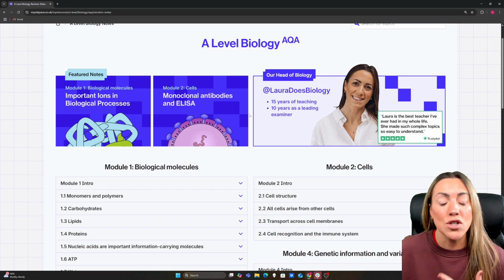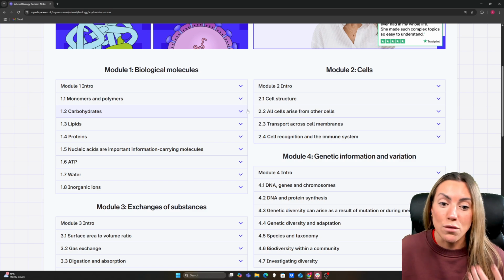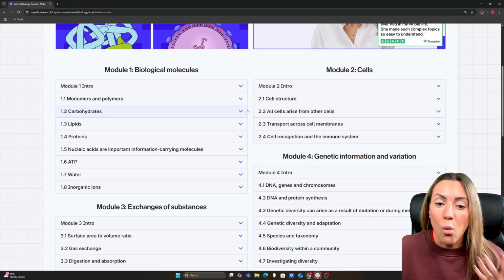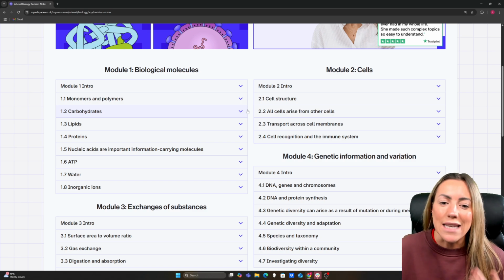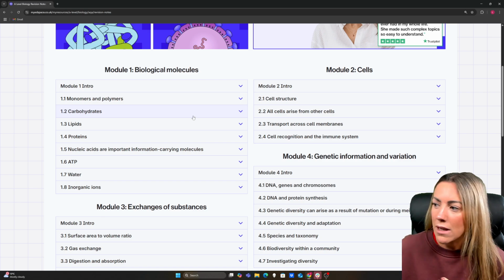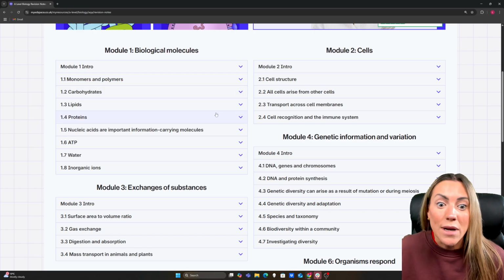Now we have made study notes for every single section of the AQA A-level biology specification. It follows the AQA specification in the right order. Many of these will also be useful for OCR because obviously a lot of the content is the same. So you are welcome to use them as well, but the order of the study notes is following the AQA spec. Now you'll see we've got the modules in order,